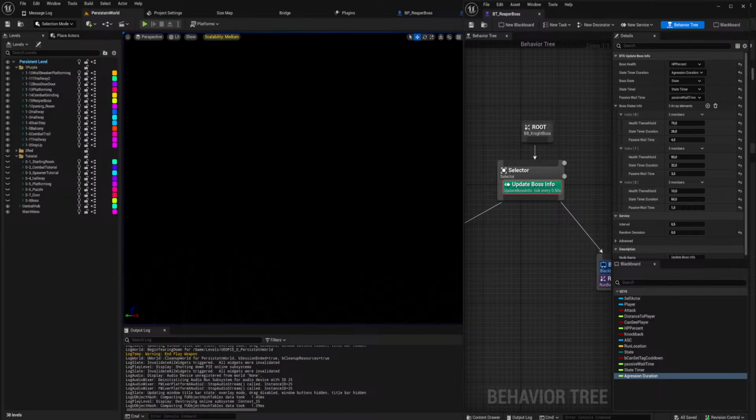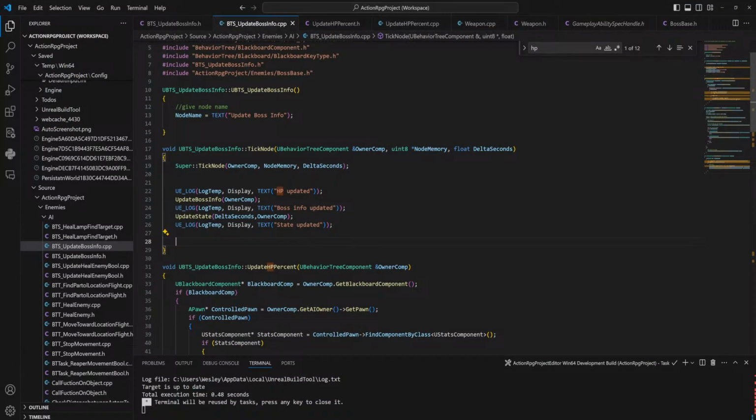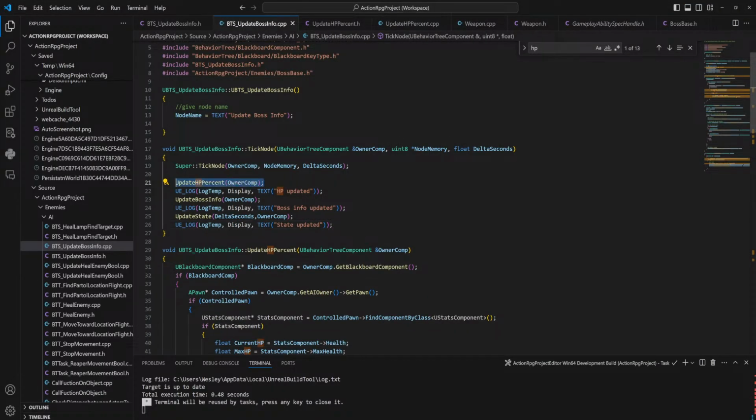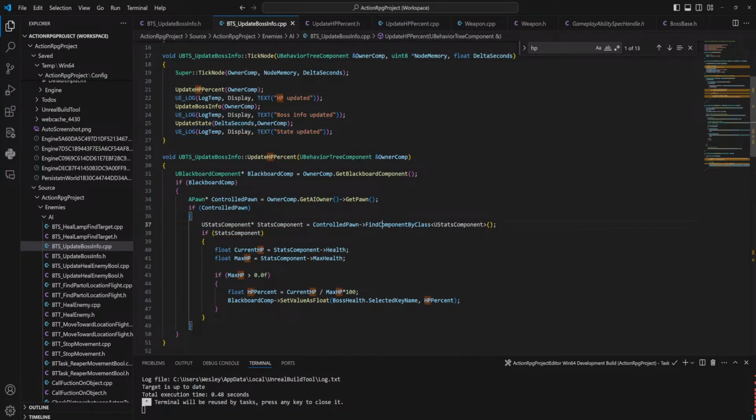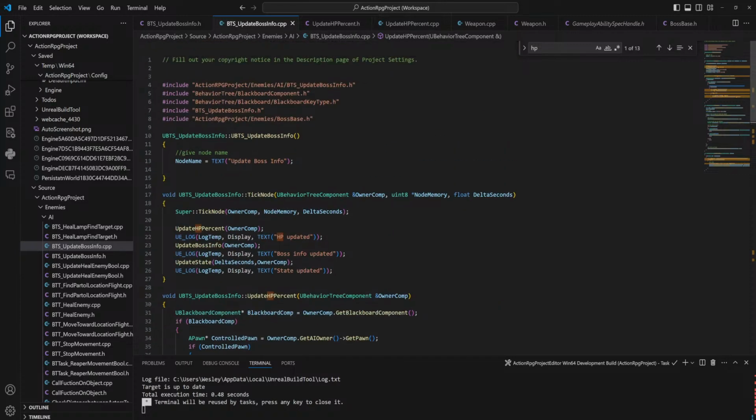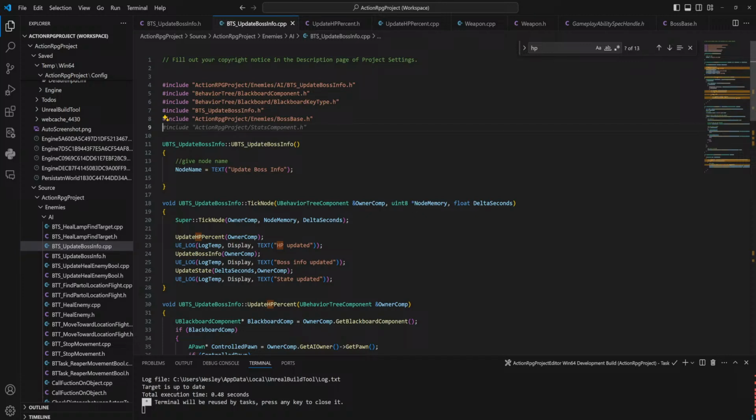Okay, so I think it is actually not the issue that this is canceling any operations. It's just that this code doesn't work because I'm using the old stuff. So I need to include the ability system components.